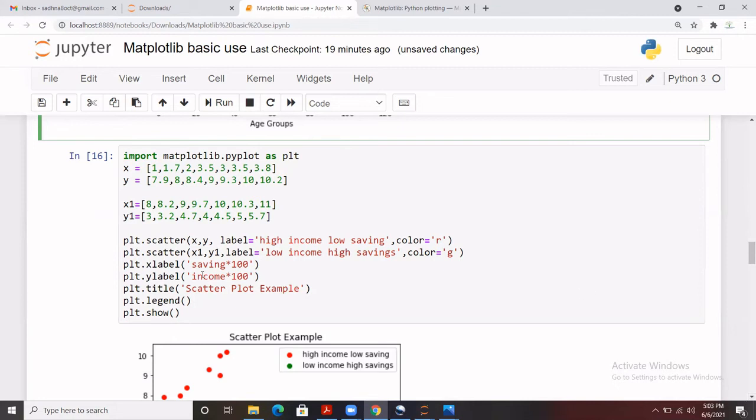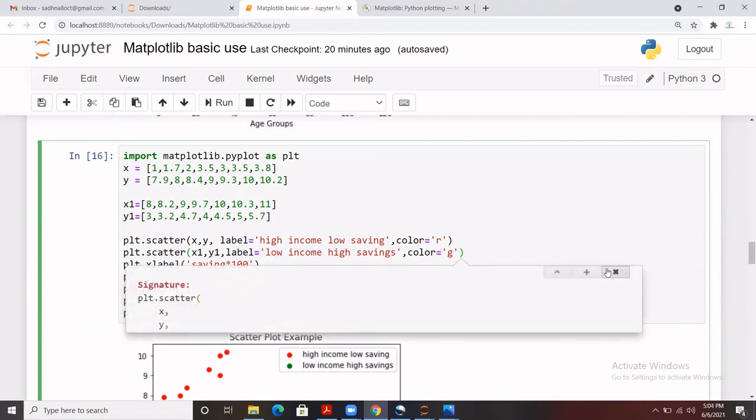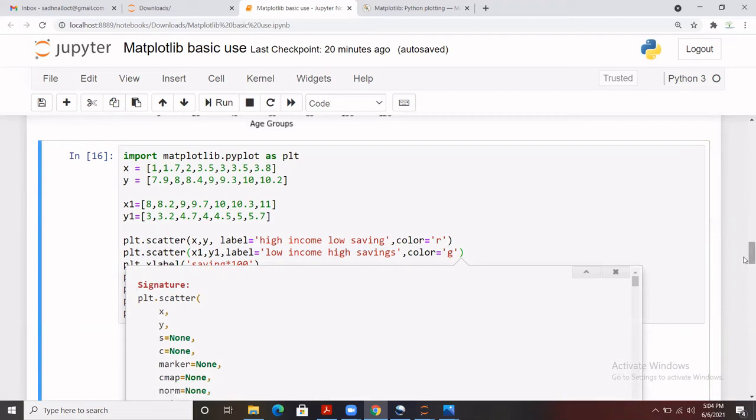Here we have used two sets of data, x y and x1 y1. For one, the label I have given is high income low saving, and for the second scatter plot I'm using x1 y1, and the label I have given is low income high saving. They may have different attributes, like for a scatter plot we have different attributes. I already conveyed that we can use shift tab to get all the information.